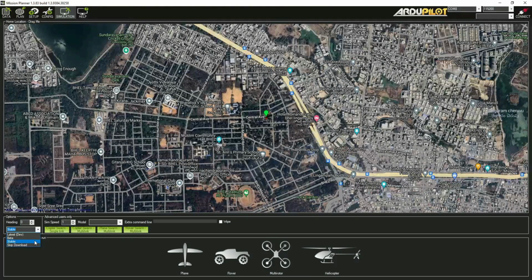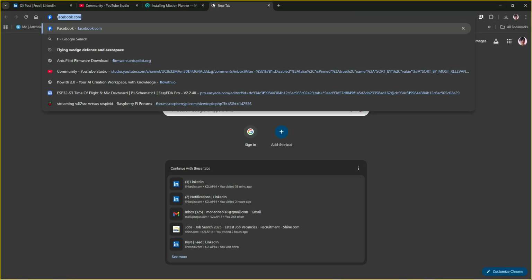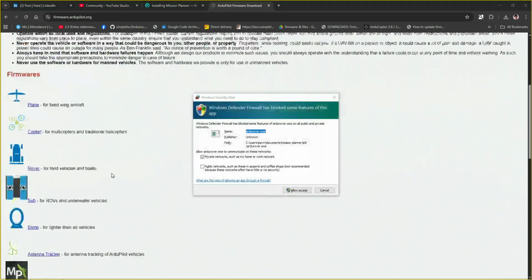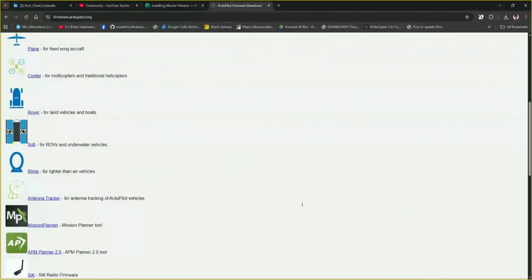So first of all, when you are doing this for the first time, that means you reinstall the Mission Planner, you need to select at least one. So I'm selecting this icon. So it is downloading. Regarding firmware, behaviors, firmware configurations, parameter files, everything will download from this server, firmware dot. So here every firmware will be there. It is asking, you see now, so you need to give permissions. So public,